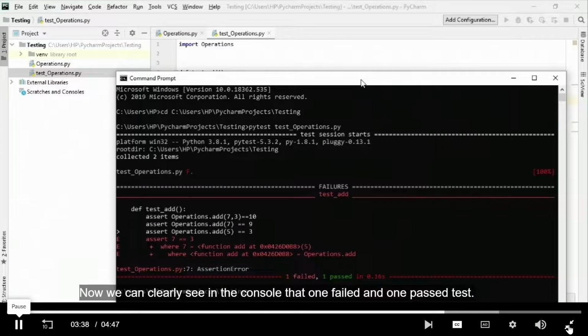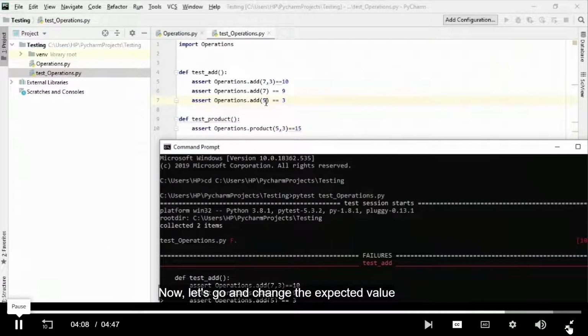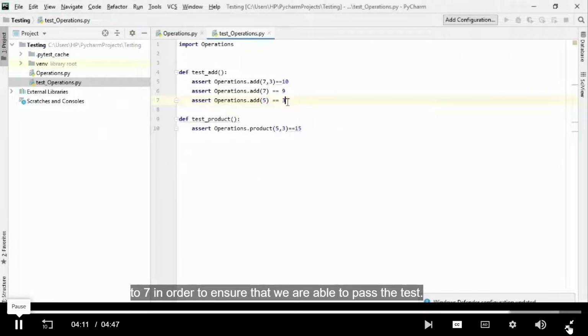Now we can clearly see in the console that one test failed and one passed. One of the tests failed because in the third assert statement, in the test_add function, we have passed 5 as the x value, where our default value was 2 for y, so the result should be 7. However, we set the expected value as 3. Now, since actual and expected are different, your test failed. Now, let's go and change the expected value to 7 in order to ensure that we are able to pass